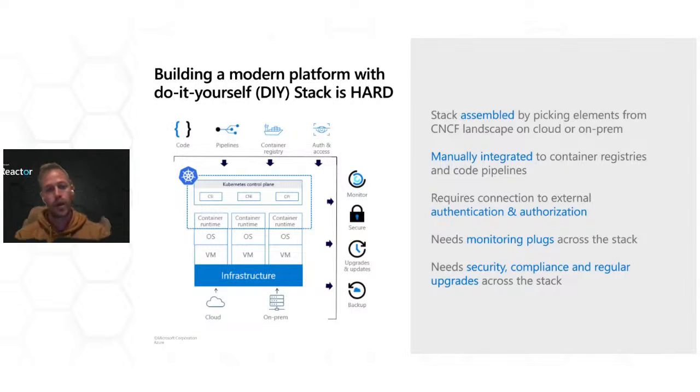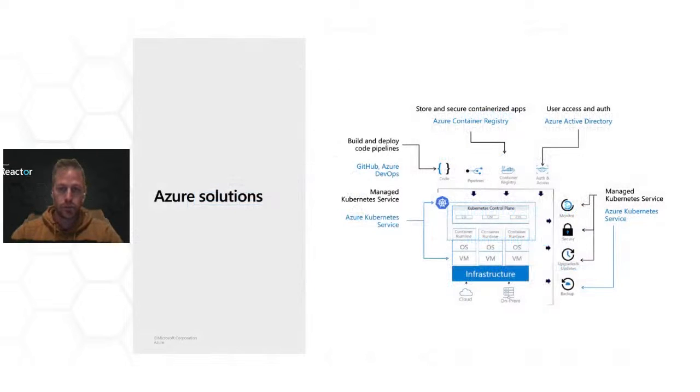And besides that, we have a lot of services surrounding this Kubernetes service that you need to manage. It's the monitoring, upgrade, of course security, and even the authentication, and where you save the images of the containers, the container registry. All of them are part of the ecosystem of Kubernetes that if you try to do it yourself, it could be very challenging and a lot of work, a lot of engineering time to maintain this service and infrastructure. So here comes Azure with our managed service called Azure Kubernetes Service, AKS, which takes care of a